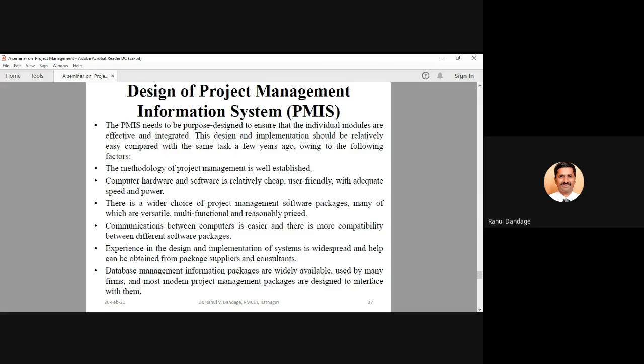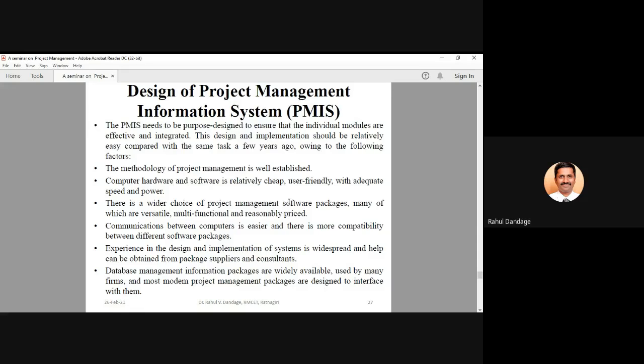So you must have heard about two major softwares, or the two prominent companies, or software packages which are available in market and which are used by most of the companies. So one is Microsoft Project. So Microsoft has their own project management software which is Microsoft Project or MS Project, we say. And second is Primavera. So, Primavera and Microsoft Project, these are the two important softwares which are in market.